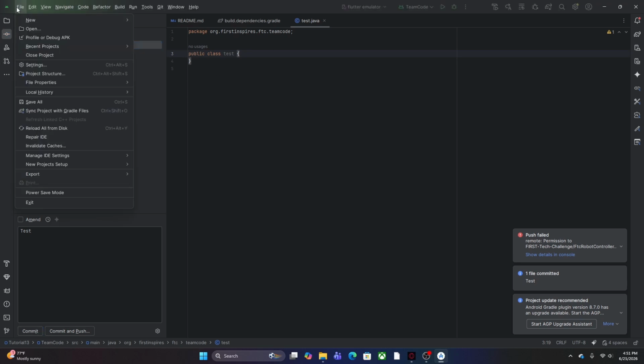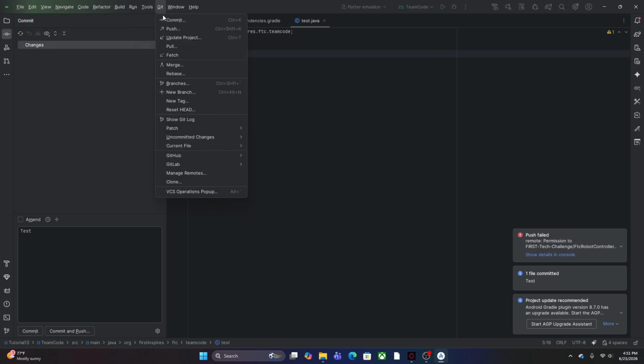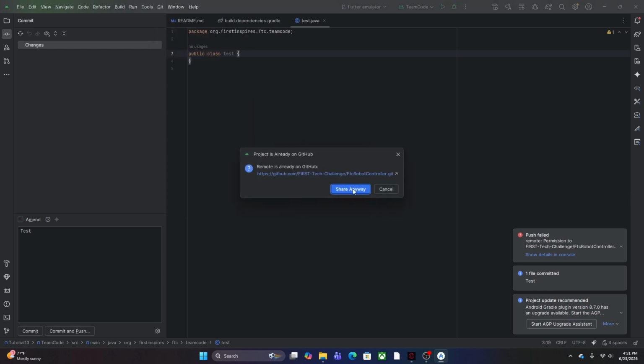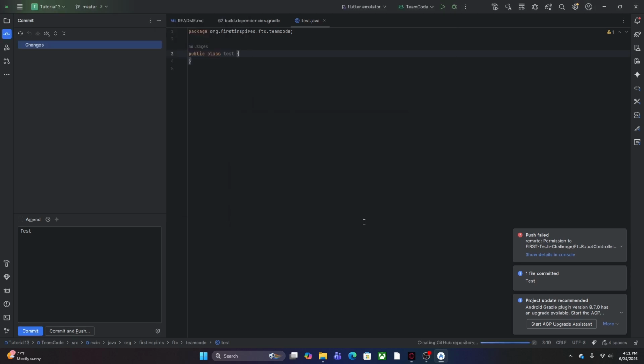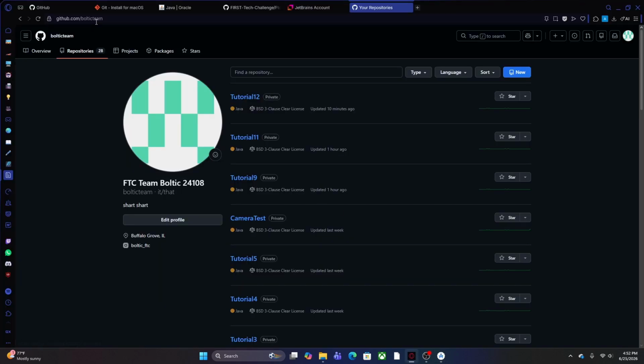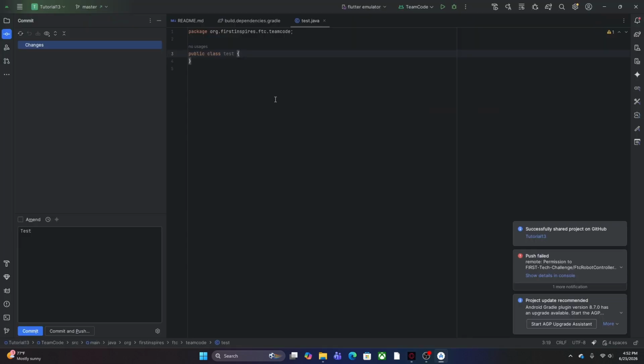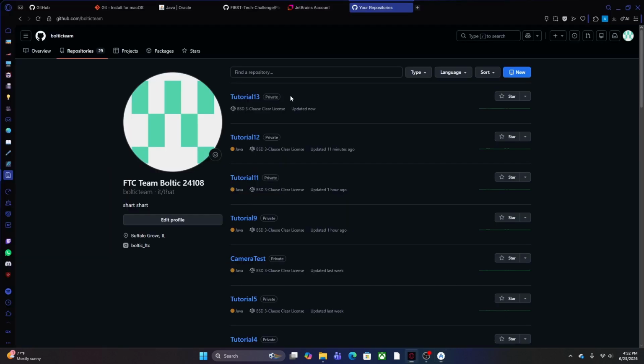So click these 4 lines, go to Git, GitHub, then Share Project on GitHub. Then click Share Anywhere, and share. Now that that's done, let's go check. And yeah, it's there.